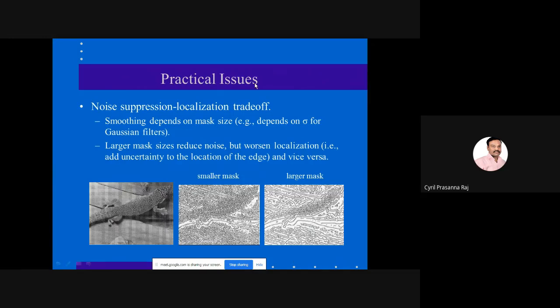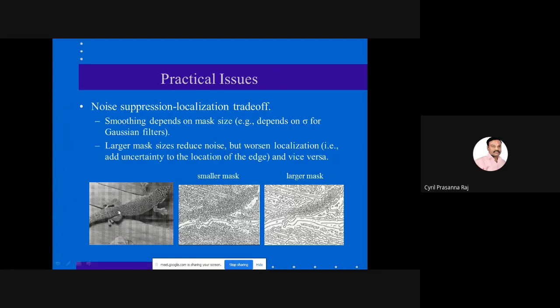So what happens in edge detection, when you perform edge detection, see this lizard, there are multiple edges available in this lizard. There are a lot of changes in the intensity, and it changes its color according to the background that is available there. So when you do this edge detection process, you will not be able to identify the lizard and the background, because almost all of them are similar to the structure of the lizard. So you have to identify what kind of mask set I am supposed to use to get the exact object available in the image.